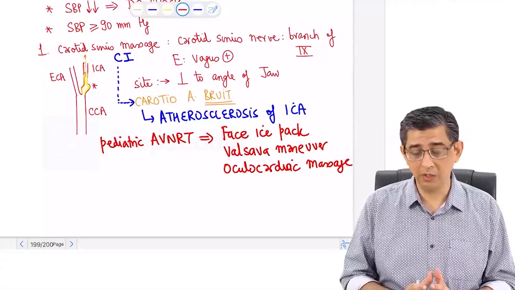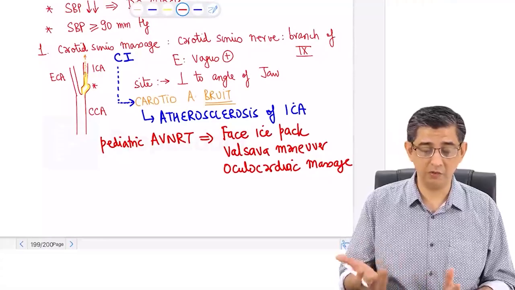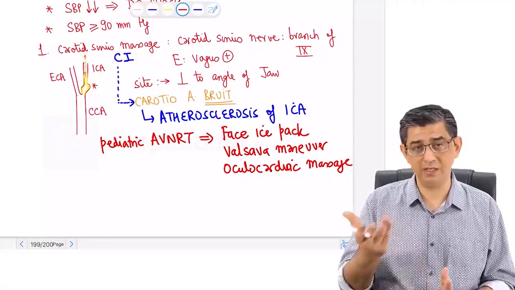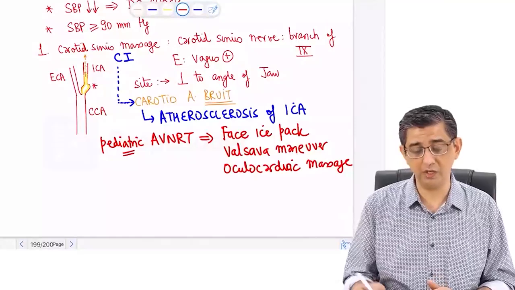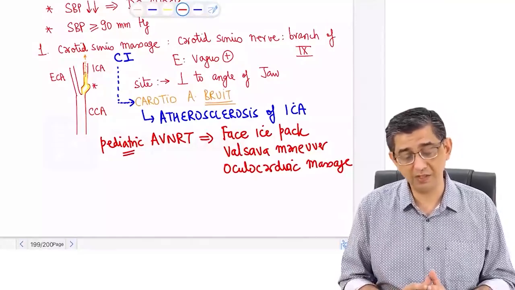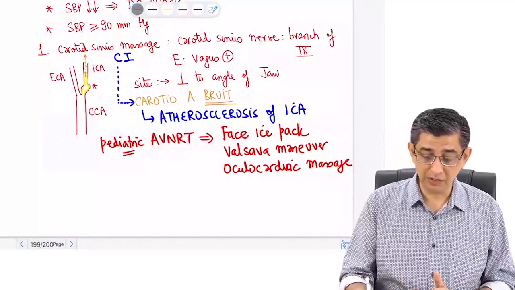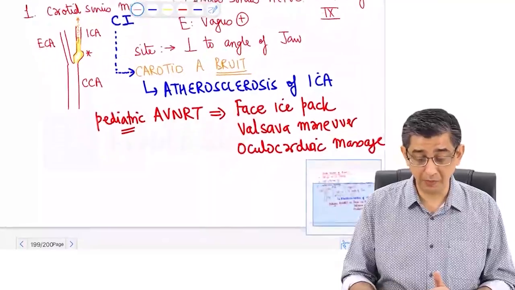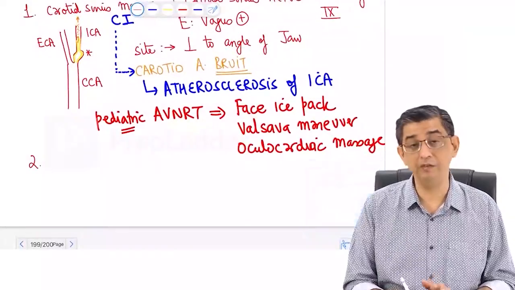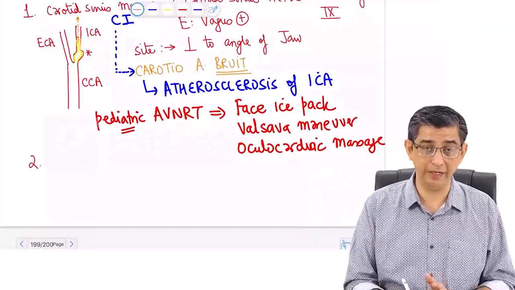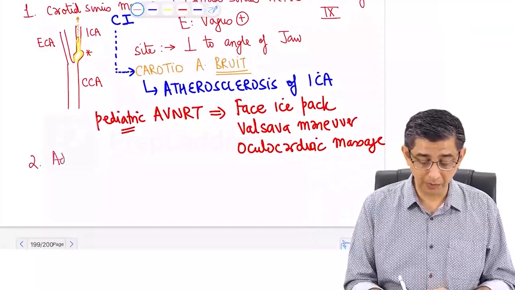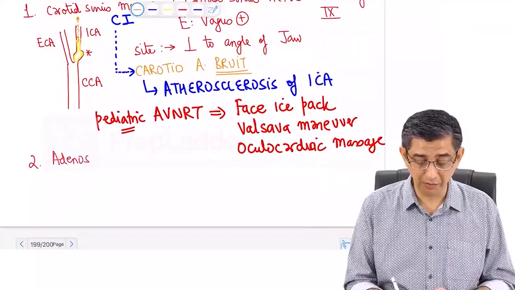Wherever he gives you a preference, the first answer is obviously carotid sinus massage, but like I said, for a pediatric scenario where the neck is shorter, you will then have to answer it as face ice pack. Now, moving ahead in our discussion, this is the initial step. This is the first step in a person in whom the BP is relatively stable, that is equal to or more than 90. Now, because this is not a permanent solution, I will have to go in for chemical